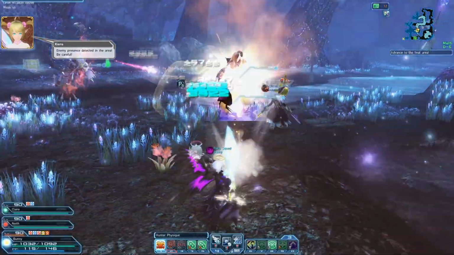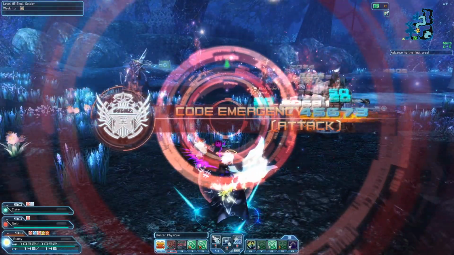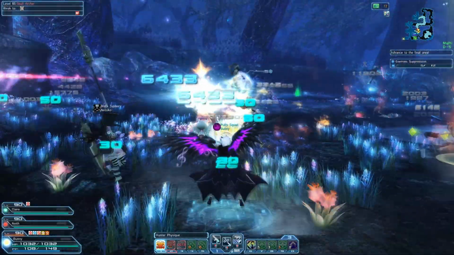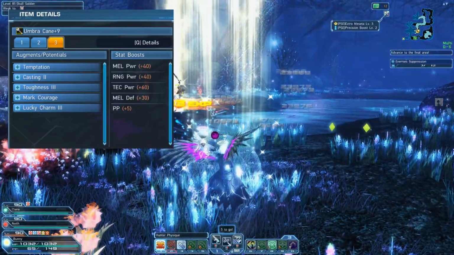If you watched my first major video about farming the ultimate quest guide, then you already know about this, and sadly a lot of the stock is sold out or it's really expensive. The weapon I'm talking about is Umbra Cane. This is the only weapon that can get these two augments unless you use your augment transfer passes onto another